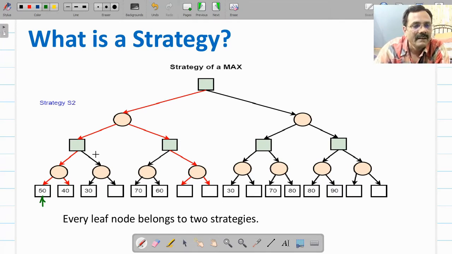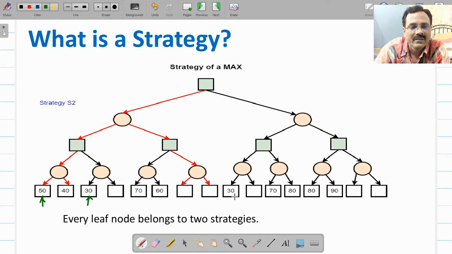Then in S3 we will select this option, this will remain as it is. So suppose we select 30, so 30 will be a part of this strategy where we are going to select this part, and then if this max selects this, that will be the 4th strategy also.